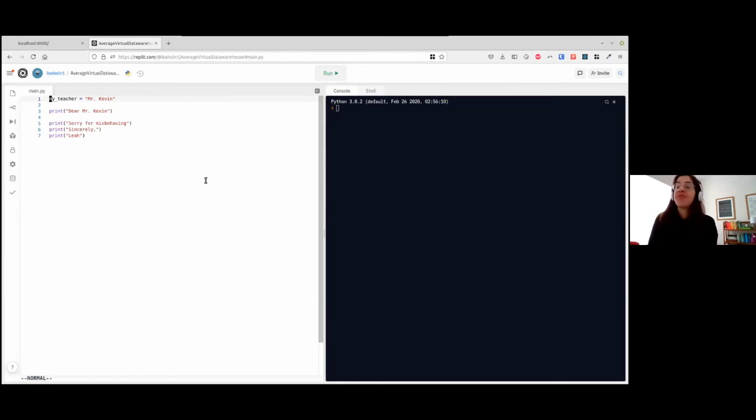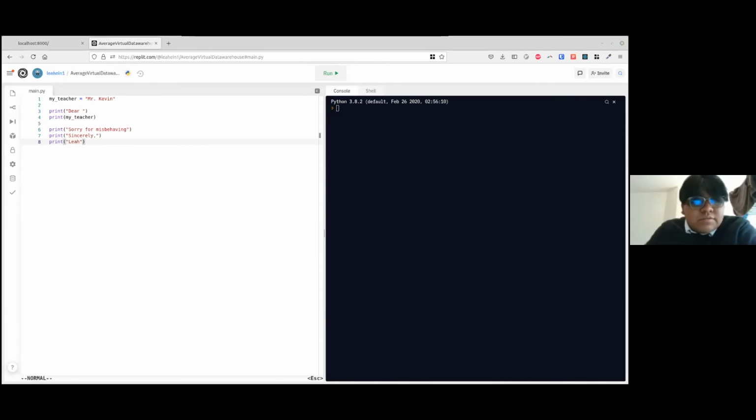And so the benefit of this is what we call abstraction in programming. Now let's say we can print here, dear, and then on another line for now, my teacher. Let's see what happens now. Does anyone want to take a guess for what's going to happen?